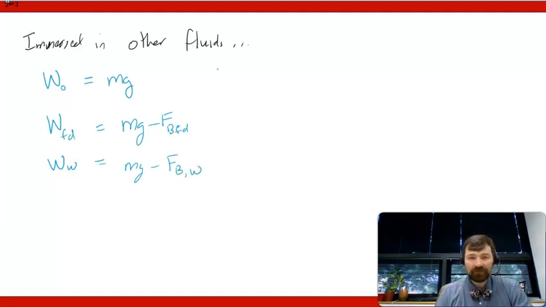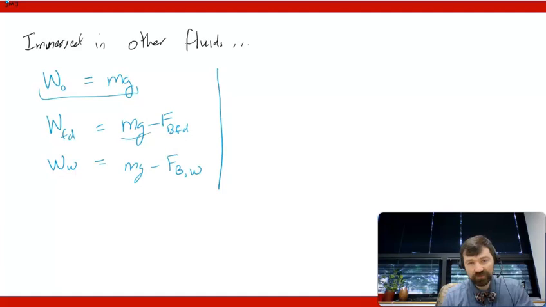All right, if we look at these different quantities here, we have the object's weight already. So we know what this quantity right here must be. And therefore, if we subtract the weight in the fluid from W naught, we'll be left with the buoyant force